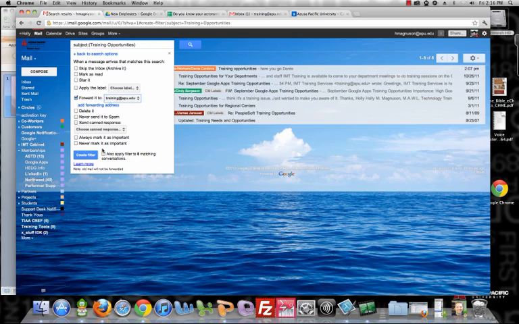As always, when you do a filter, Google does a search, and in this situation it found 8 matching conversations. With forwarding, it will not forward email messages that are already in your mailbox. It will forward all new ones. So I'm going to tell it to create the filter,